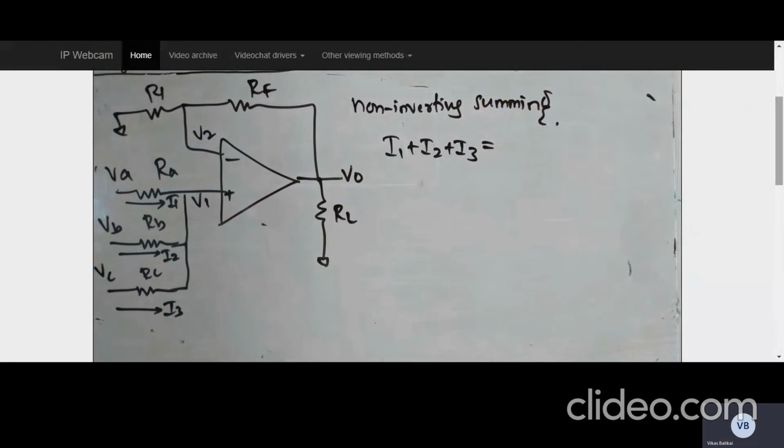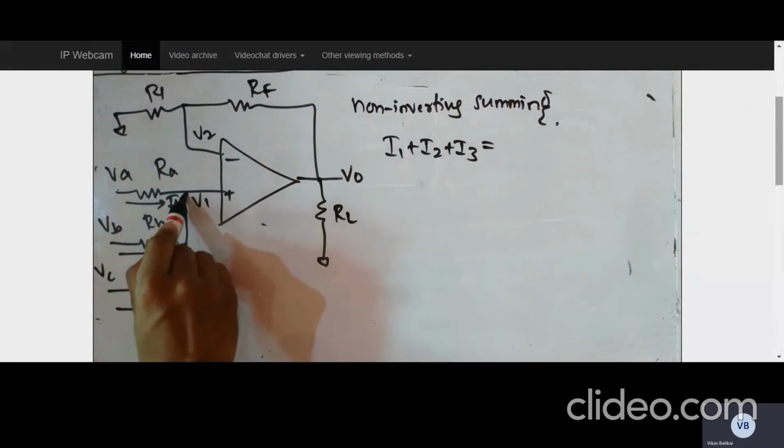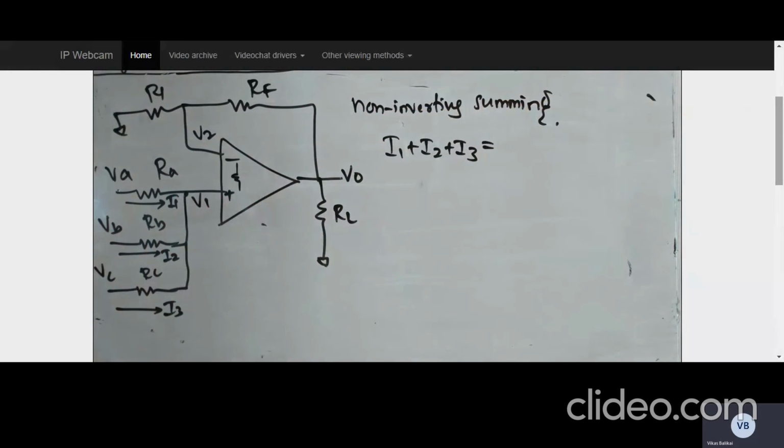But right now all these currents are entering this node, and they are sort of entering the op amp. But inside of the op amp, it has a huge resistance, and as a result, no current will enter the op amp, and therefore all these can be equated to zero. Although some current will enter, it can be nullified, or equated to zero, because the current entering the op amp is negligibly small.